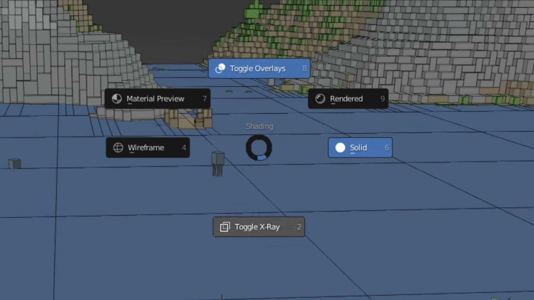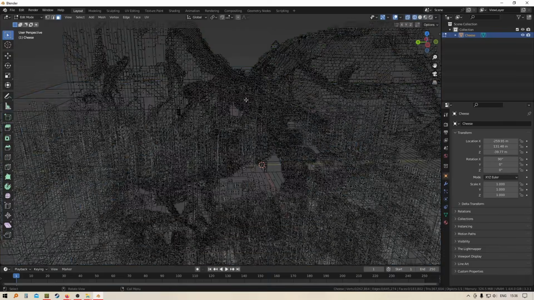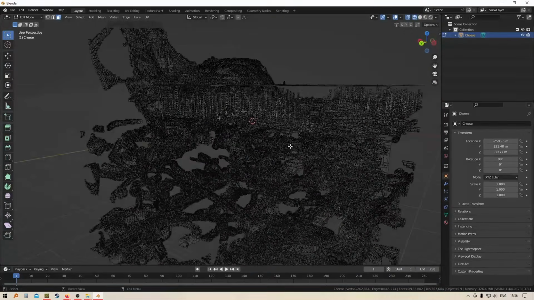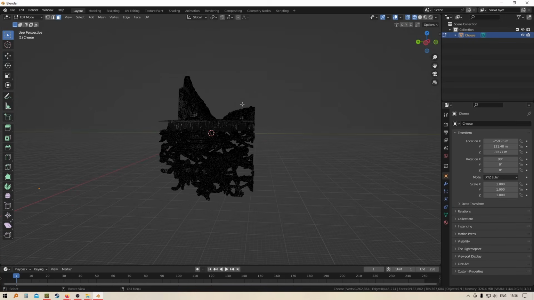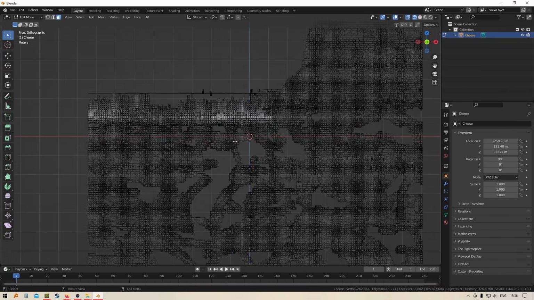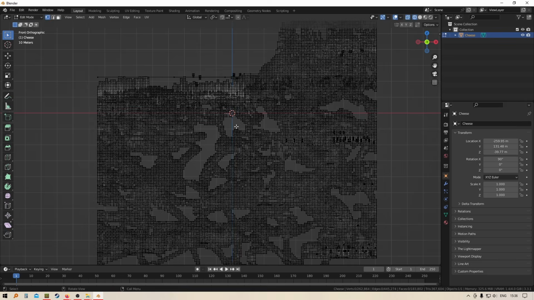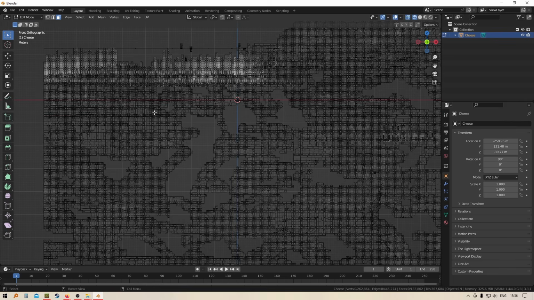I've got more options than you should have, but you should have wireframe or X-ray, but I think you can choose wireframe. So now everything is going to be like this. I don't know how to describe this. This is just messy. But anyways, I'm going to press numpad 1 so I can see the entire build from the side. And then while still in edit mode and in the face select system,